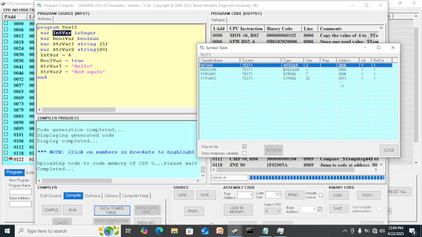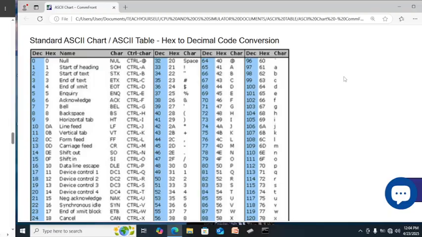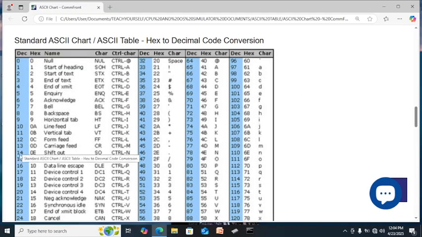So variable 2 and again is at 13. But this one is not 13, because 16 plus 3, 16, 17, 18, is 19. This one is 19 in decimal. 13 here is in hex.